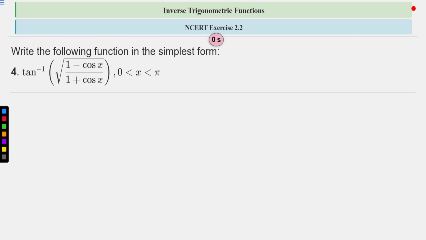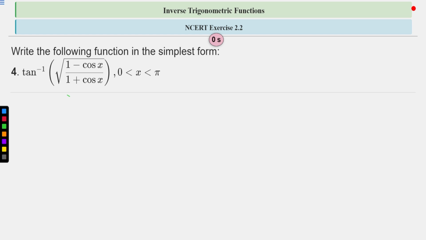Okay, see, the hint of this question is it's tan inverse in the tan inverse outside. So you will try to convert the things inside the root in terms of tan theta, right? So you'll try to convert 1 minus cos theta upon 1 plus cos theta in terms of tan theta. Clear? 1 minus cos x upon 1 plus cos x in terms of tan x, right? And after that, in the last, you will apply the formula tan inverse tan of theta should be equal to theta, right? Okay. So in this way, you can try to approach this question.